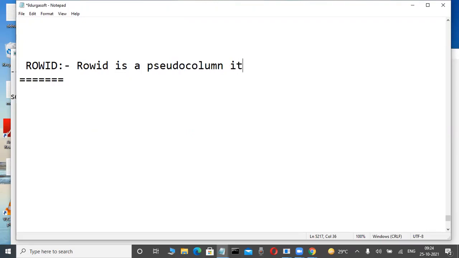It behaves like a table column. Just as an employee number column stores employee numbers and an employee name column stores employee names, the row ID column stores, which one? Okay, row ID stores